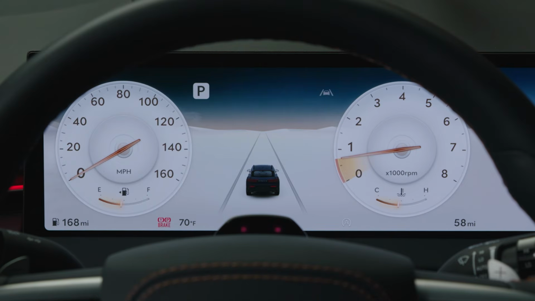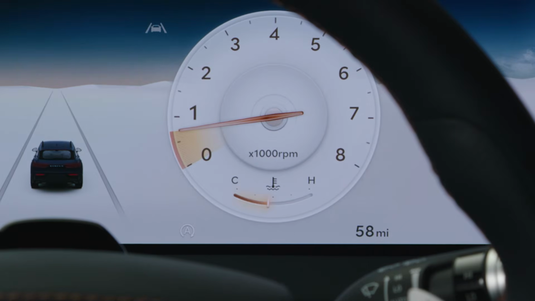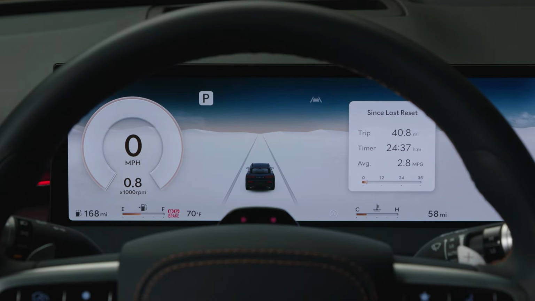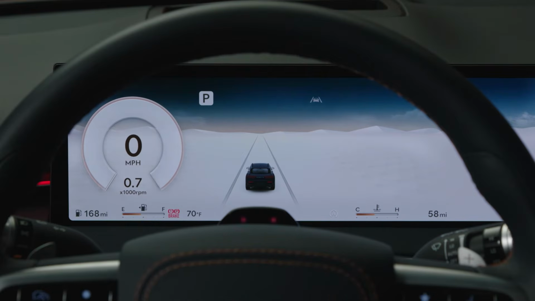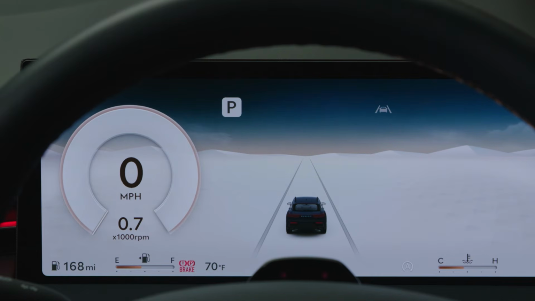In Type A analog mode, the engine coolant temperature indicator can be found at the bottom of the tachometer. In Type B mode, the engine coolant temperature indicator can be found under the widget area. The transmission gear position indicator can be found to the upper right of the speedometer and displays whatever gear the